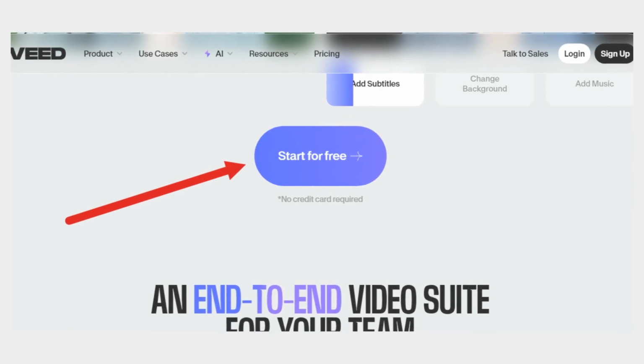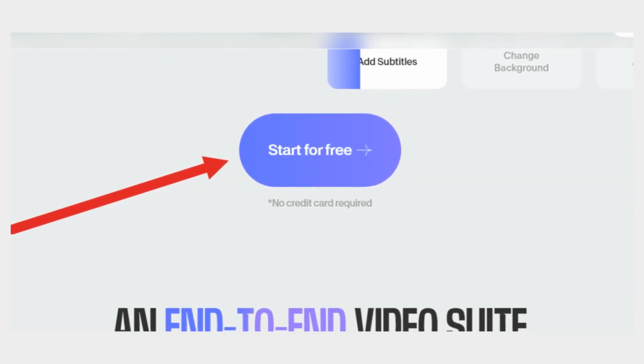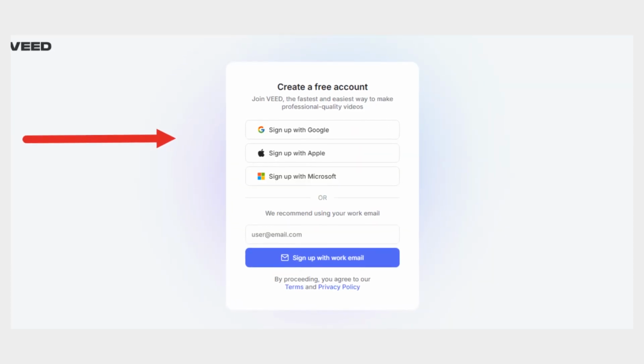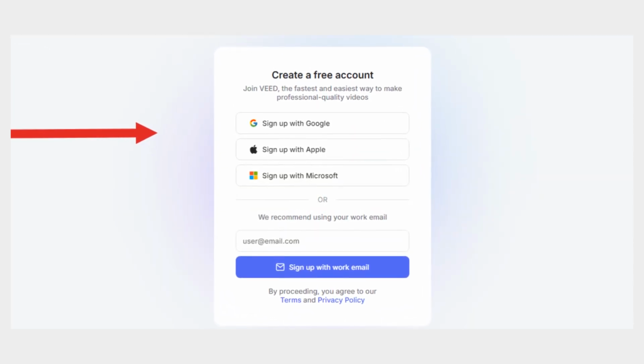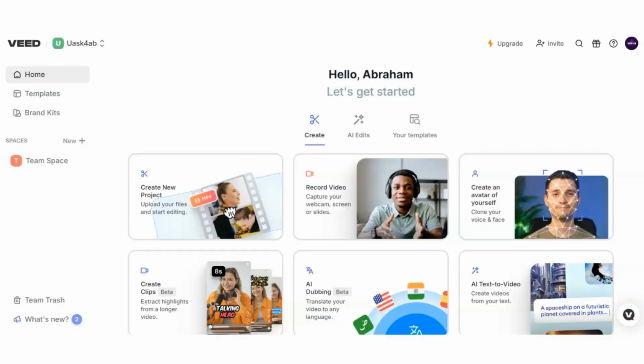To get started, follow the link I have added in the description below and click on Start for free. Next, create an account by signing up with your email. Once that is done, you will be taken to your dashboard where you have the options of either creating a